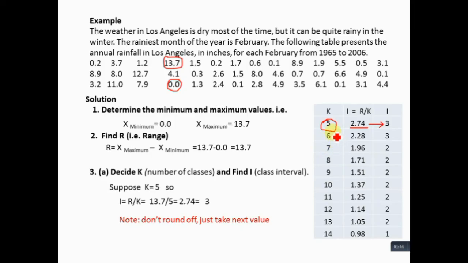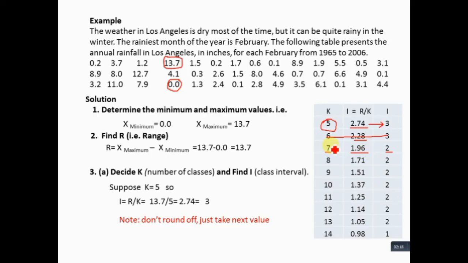In the second step, you can see that if we decide the number of classes is equal to 6, in this way our interval is equal to 2.28, which is far from 3. So this is not a good choice. Another better choice is if you keep the number of classes equal to 7, in this way you will have the fractional interval size equal to 1.96, which is very close to 2. So with number of classes 7 and size of the interval 2, it is another better choice of constructing